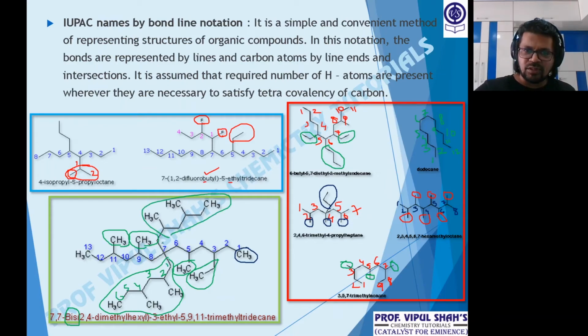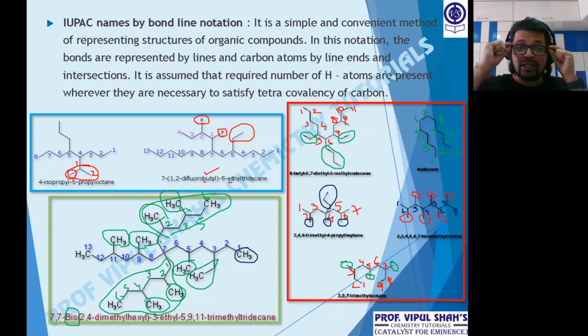And the numbering starts from here basically. So 1, 2, 3, 4, 5 and 6. Here also, the branches are at what position? At 2 there is a methyl, and at 4 also there is a methyl. Here also the same way. At 2 there is a methyl, and again at 4 also there is a methyl. So we have basically 6 carbon atoms with 2 branches at 2 and 4. So can I say we have 2 branched alkyl groups attached on the same carbon? Yes, then the nomenclature is bis.